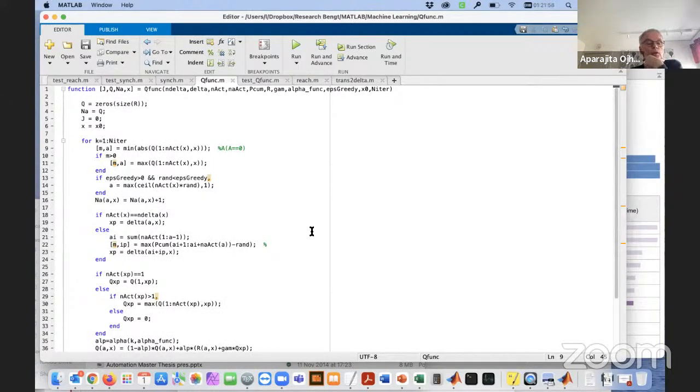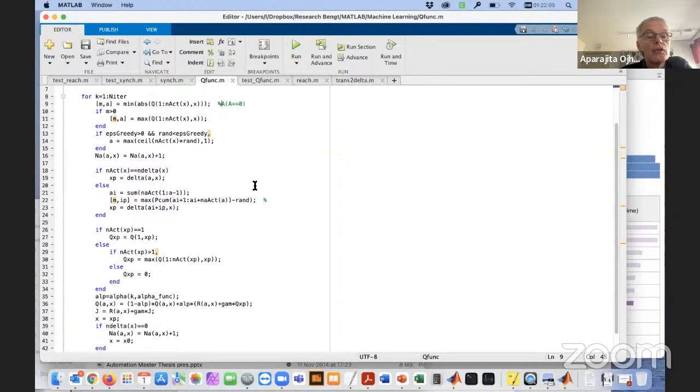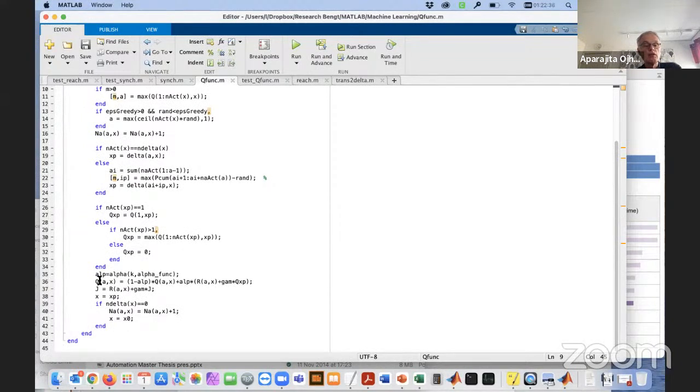So here, going through the iteration, we can say that there are some details which I leave to yourself to evaluate. Actually, I don't remember exactly why I did all these things, but at least you can see here that there are some epsilon greedy elements. This PQM is obviously related to the random generation here. But as you see here in the end,